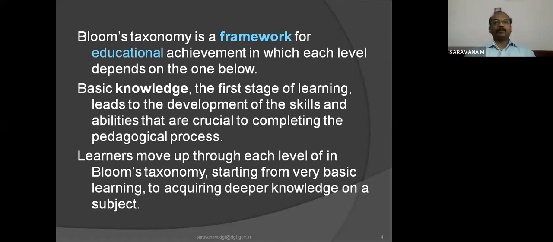So Bloom's taxonomy, and how is our NSQF framework? National Skill Qualification Framework has many levels, level 1 to level 10. So the basic or first level is level 1, and levels 4 and 5 are CTS trainees or certified CTS trainees. We can say levels 4 and 5 are completed trainees, and level 6 is our CITS trainees, successfully completed CITS trainees. These are the levels in the NSQF framework. And like that, Bloom's taxonomy is also considered a framework, and it has levels. Let us see all those levels one by one.